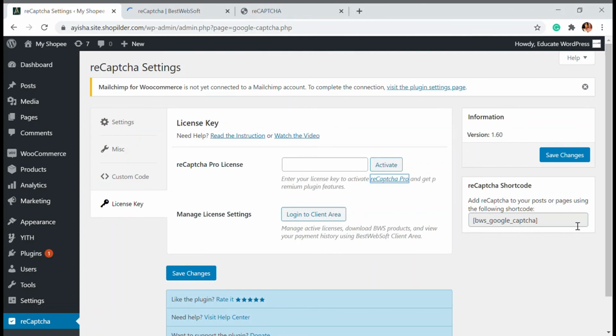Another thing that comes with this plugin is the reCAPTCHA shortcode. You can just copy this and paste it wherever you want. We have already ticked the button for whichever plugin integrations we need. Other than that, when you have a specific page or anything, you can just copy this reCAPTCHA code into wherever you want by clicking on the reCAPTCHA option.